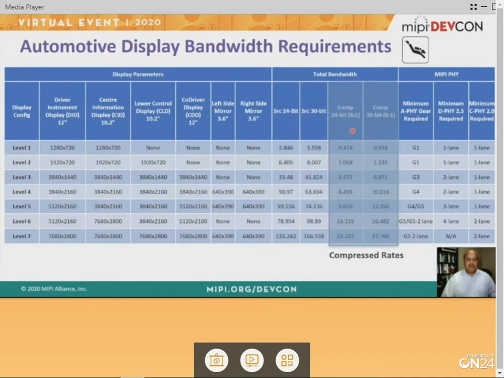The compressed rates highlighted on this slide indicate a 6:1 reduction in bandwidth. This allows the design to reduce the number of PHY lanes indicated in the last 3 columns. In summary, the benefit of reduced bandwidth using VDC-M compression is a reduction in power, improved EMC, and cost through